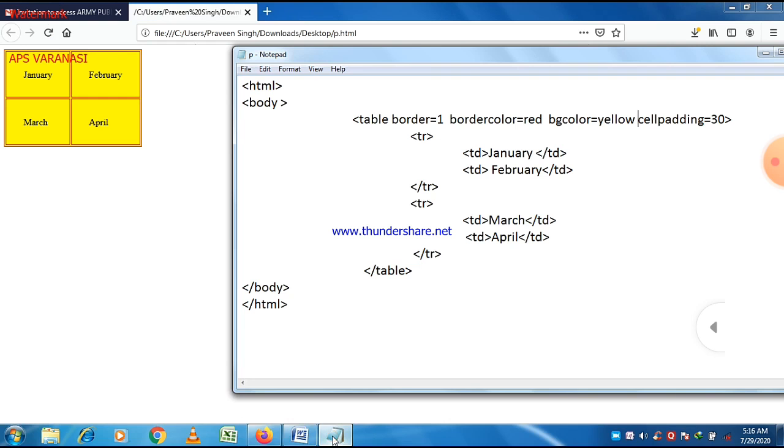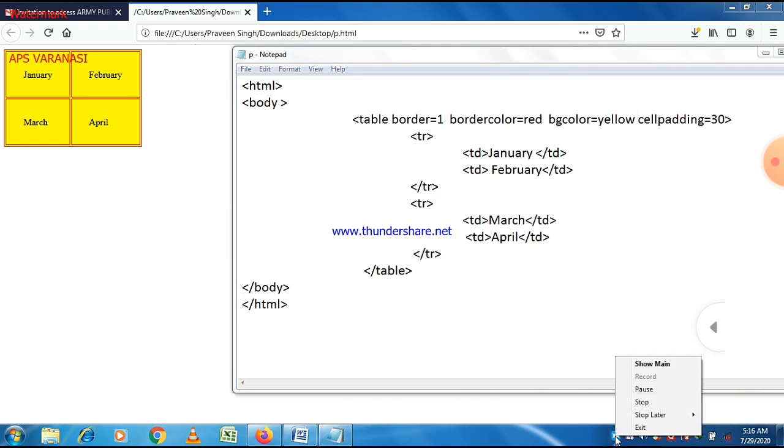That is the concept of cell padding, meaning the space between the content of the cell and the boundary of the cell. And what is the meaning of cell spacing? Difference between